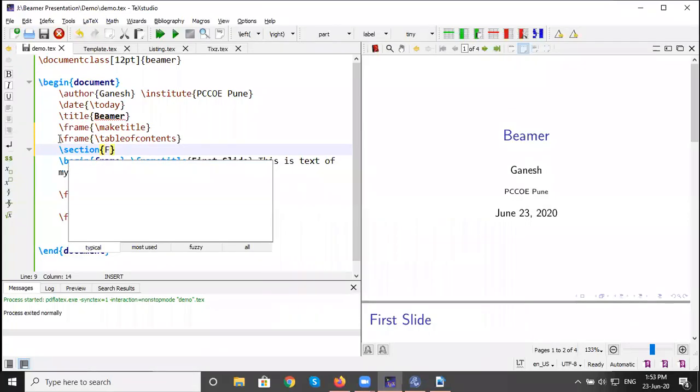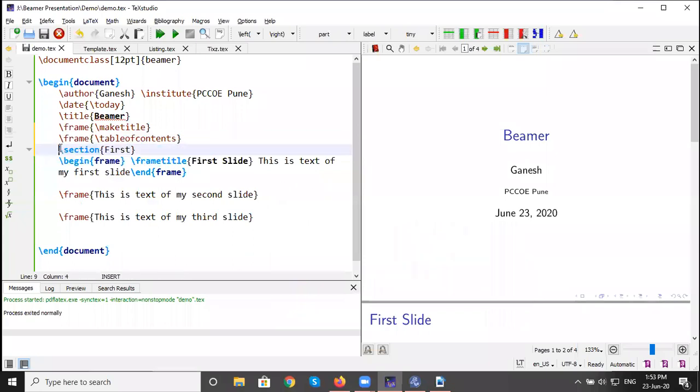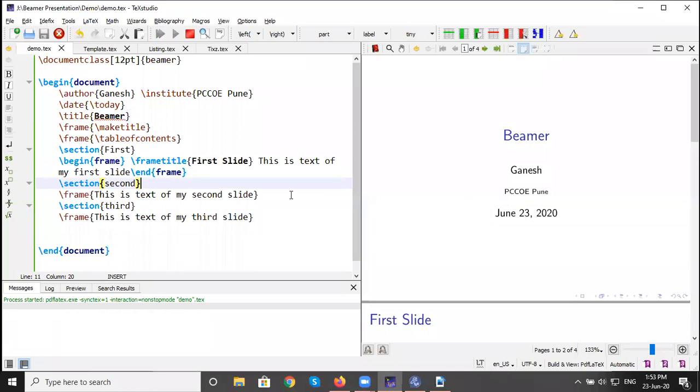So suppose I added the first section here, then for the second slide, the second section, and lastly added here the third section. Already we have added the table of contents frame, so automatically all these sections are added in that table of contents.